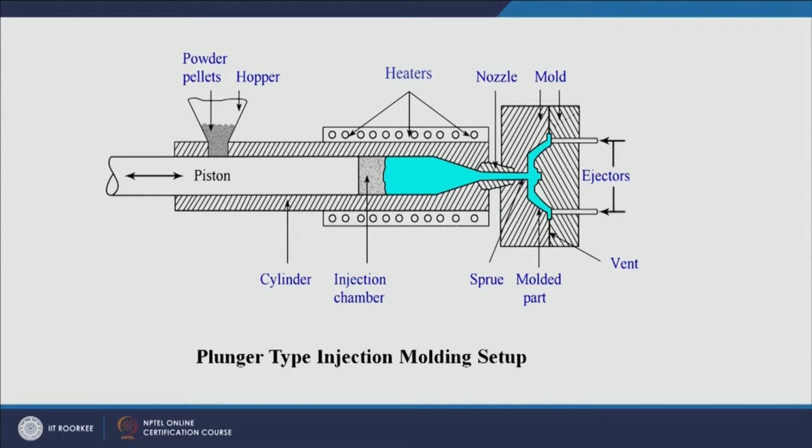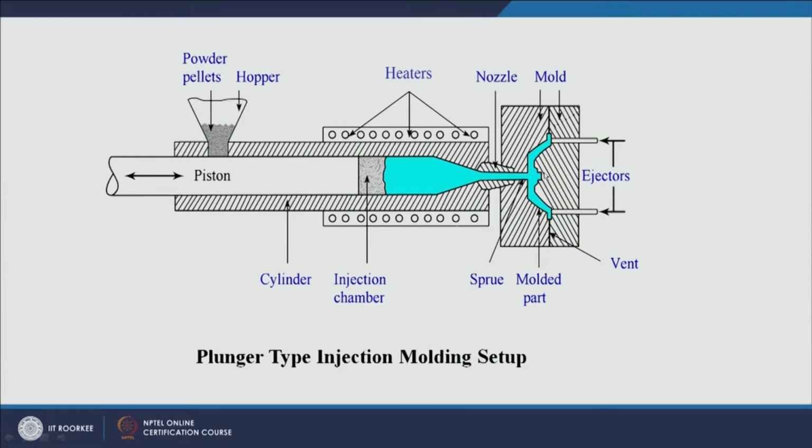So we will see what are the various steps involved, but here in this case the major thing that needs to be emphasized is the injection mechanism. Here we are using a piston type of injection mechanism. So piston will force this molten plastic through this nozzle into the mold cavity. So the mold cavity is created by two mold halves. One is a fixed mold half and another one is a movable mold half. So this is one thing.